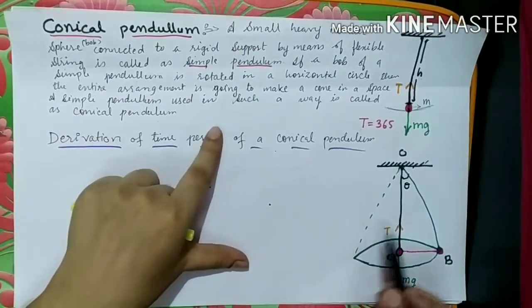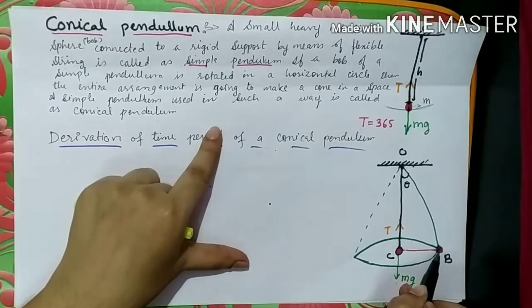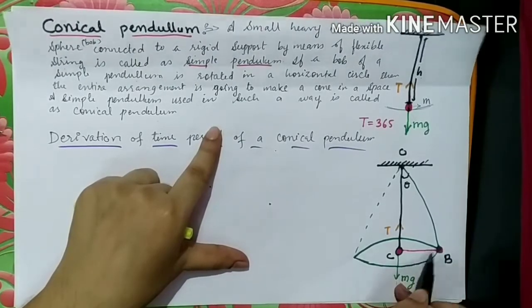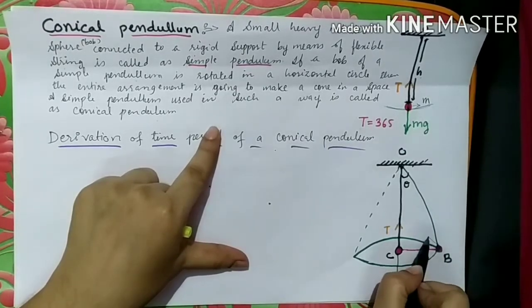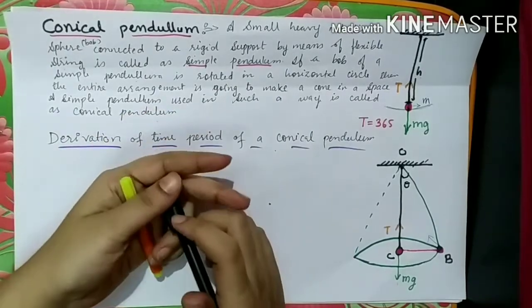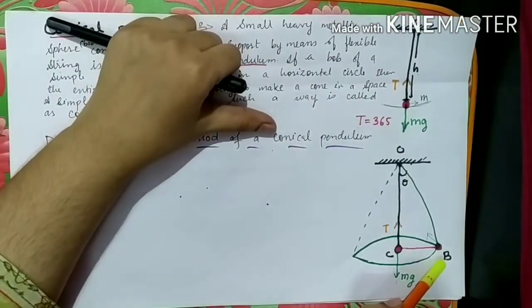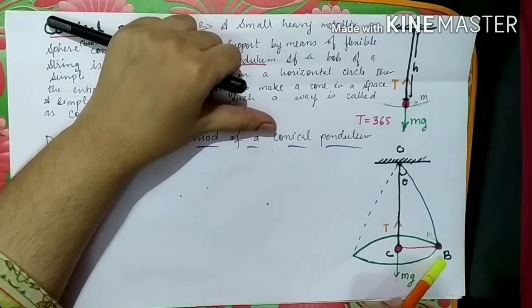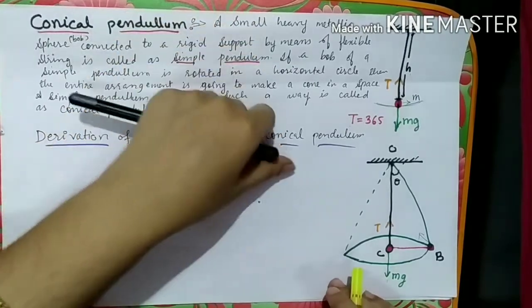Now, suppose the bob is taken to the position B. We are observing the horizontal circular motion of the bob, obviously for its rotation we will have to give the velocity which should be tangential. So here at this position B, since B is on a horizontal circle, what are the forces acting on the bob?